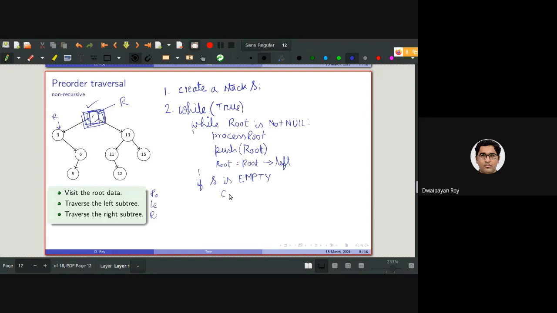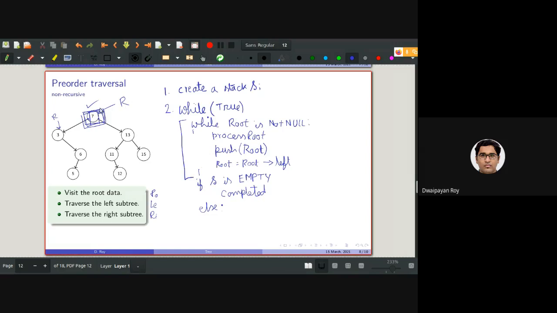Else, when S is not empty, then, when this loop will be terminated, this while loop, please help me. When will this while loop be terminated?